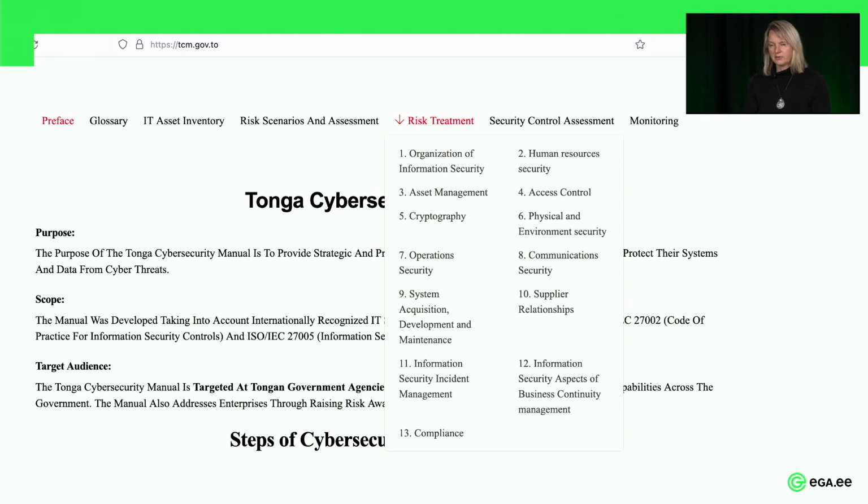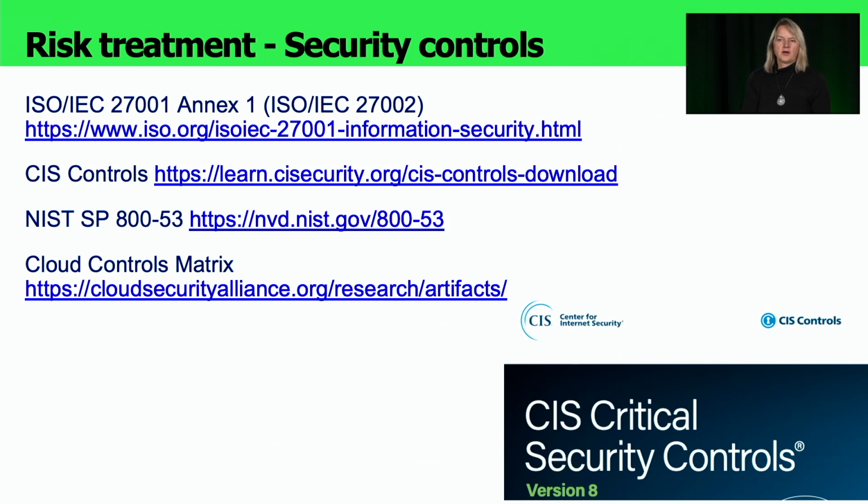So this manual should give you advice and guidance to not only analyze the risk, but also to choose security measures or security controls. There are thousands of security controls.